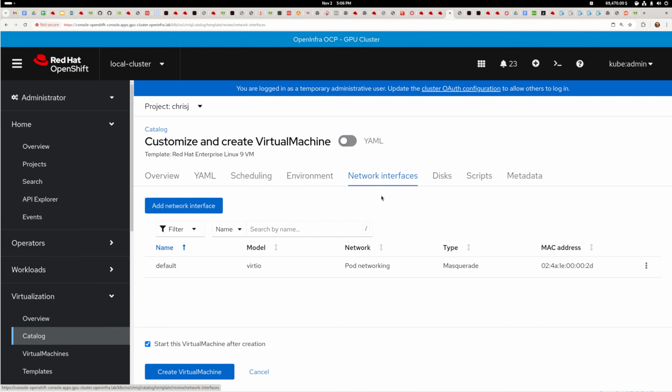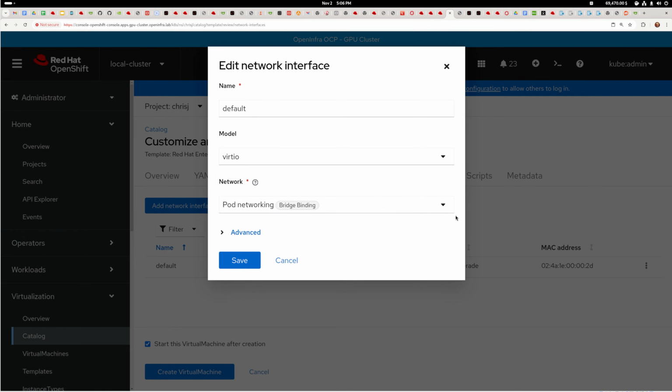OpenShift networking might be one of the most misunderstood capabilities within OpenShift Platform. There's a lot to it. Pod network, service network, bridge networks, microsegmentation, fast data path, software-defined, load balancer, service mesh. You can breathe now. Okay, I won't be able to cover all of it in a single video, but my